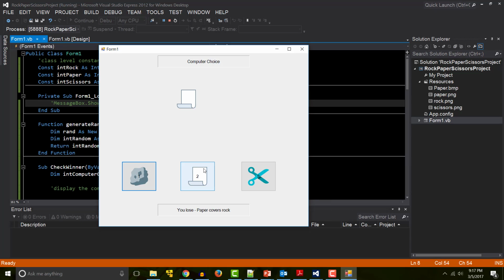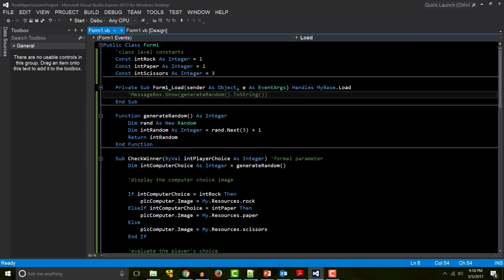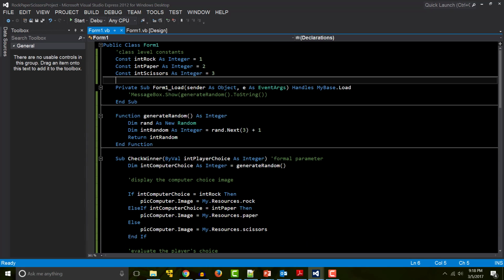Right, maybe we could set up a scoreboard of some sort. Alright, so it seems to be working okay. Let's play one more. Paper covers rock. Okay. So we could set up a scoreboard. It shouldn't be too challenging. So here I'm going to do